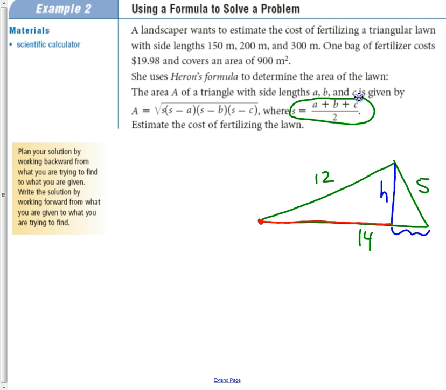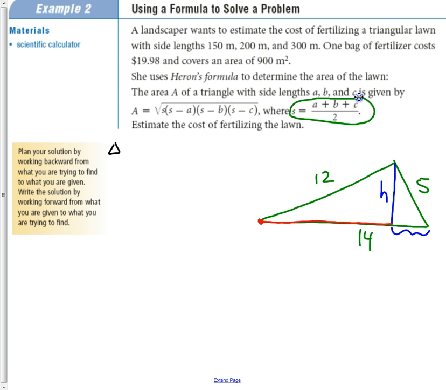So in this margin, we see that there's a little bit of a tip, which is to plan our solution by working backward from what you are trying to find to what you are given. Write the solution by working backward. That's sometimes useful. In this case, we're trying to find the cost of fertilizing the lawn. So to get the area of this lawn,